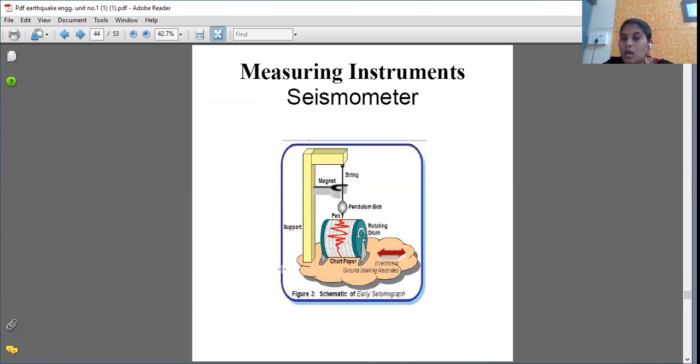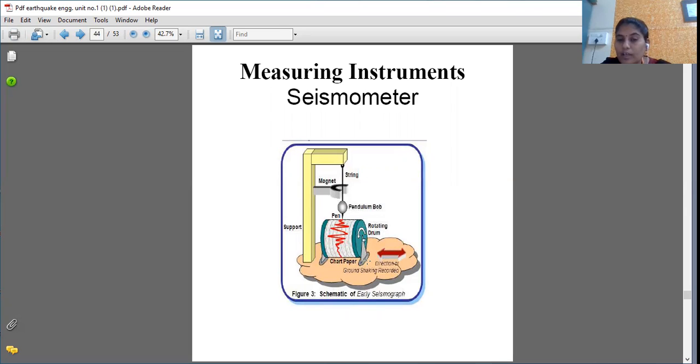Okay, and this whole assembly is at the ground level only. This whole assembly is placed in the ground. For what purpose is it placed in the ground? Whenever an earthquake occurs, what will happen? There is a movement of the earth crust. What movement will happen? Movement of the earth. Whenever the earth movement occurs, automatically our structure also gets vibrated. That we already know.